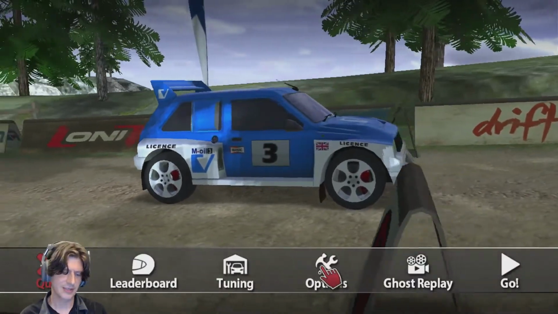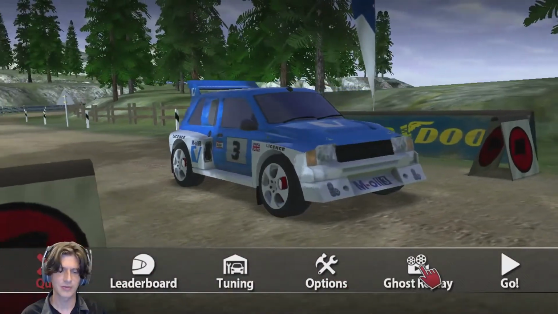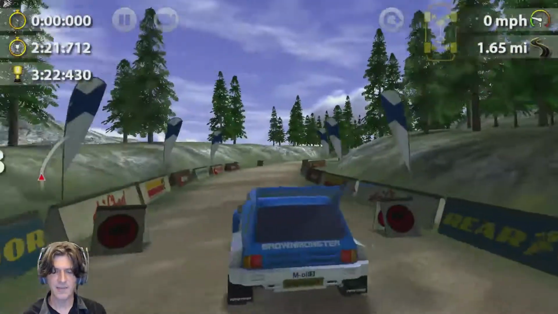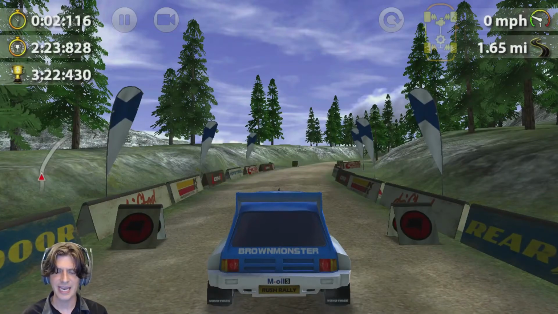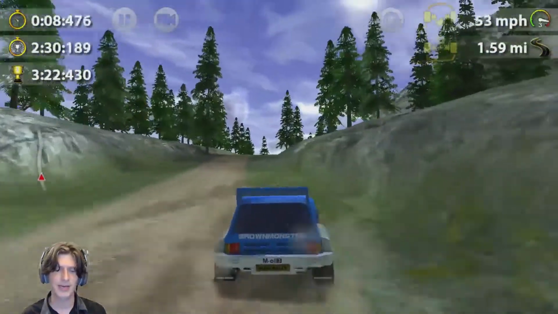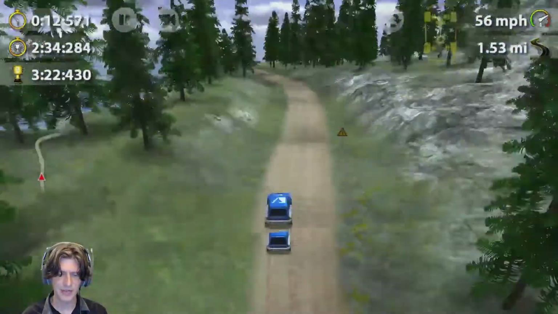Next, let's go take a look at... Actually, we can just start going. You can do a ghost replay if you'd like, but we are going to hit go and start racing. A button accelerates, B button is the brake, X button is the hand brake, which is very important in this game. You will definitely need it. You will need both your regular brake and your hand brake, and you'll use them regularly. If you hit Y, you can change